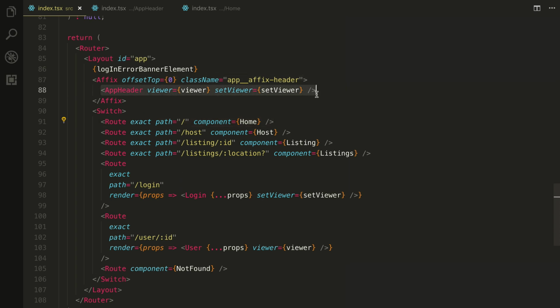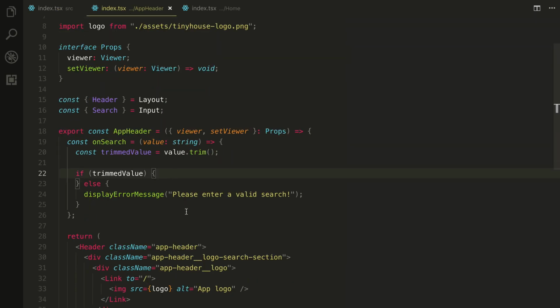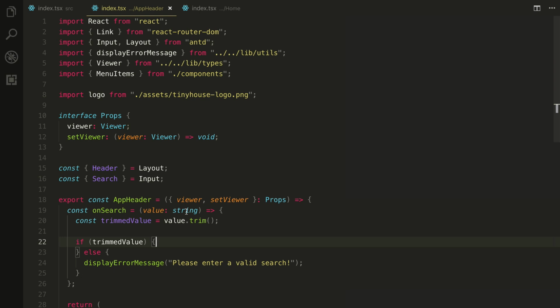The app header component isn't rendered as a route component, but we're interested in using this history object. This is why React Router also provides the capability to gain access to the history object for components that aren't rendered as part of the route. Now, this can be done in a few different ways. We're going to talk about some of the changes React Router is currently underway with closer to the end of this lesson, but for now, we'll use the former, older, standard way of using a higher order component function called